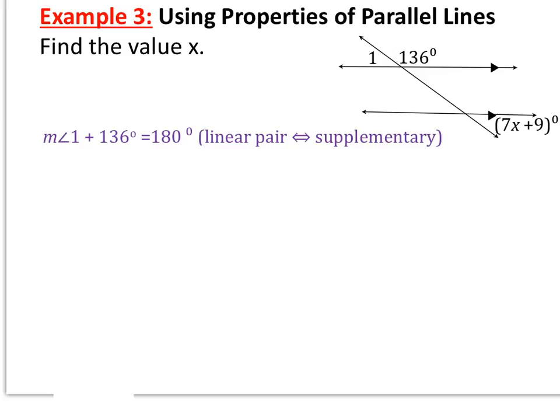All right, so since we have a linear pair, we have measure of angle 1 adding up to 136 degrees, totaling 180 degrees because they're supplementary. So we can solve for the measure of angle 1. Subtracting 136 from both sides, resulting in the measure of angle 1 equaling 44 degrees. So now that we know that angle measure,